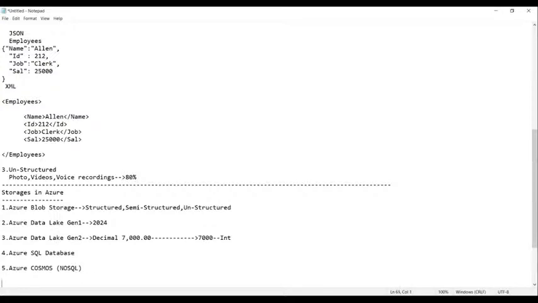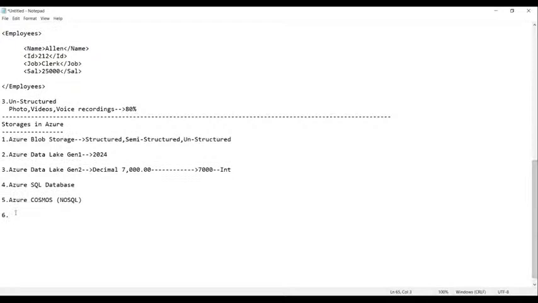Then again, after this, we have what is that? Tell me now. Guys, everyone, please. Azure Cosmos DB. Then you have what is that? Azure Synapse. Okay. Then we have what's that? The next one I'm using it. Azure Synapse is there. Then we have what's that? Azure Synapse, and the next one, apart from this, we have Data warehouse. Yes, Azure Synapse itself is a data warehouse. Elastic pool.